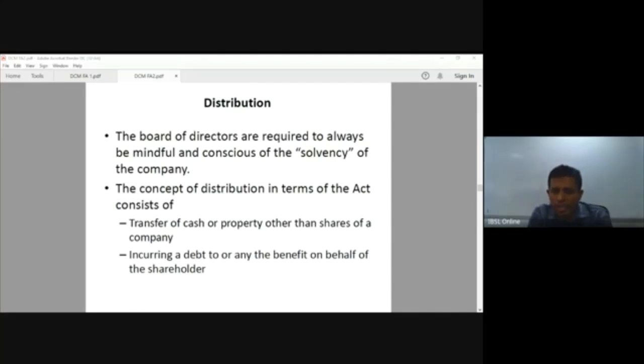Can we get the past papers from the IBSL, sir? Yes, you can. You can directly call them or visit here with the permission of these officials. You can get the past papers. If you take the format and the structure of the past paper, especially in my section, there won't be any deviation. The structure and the position and everything will be the same this year as well. There won't be much deviation from the past year papers.